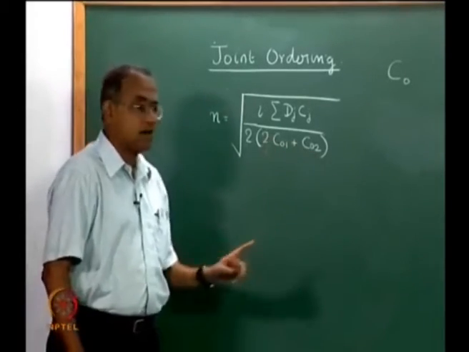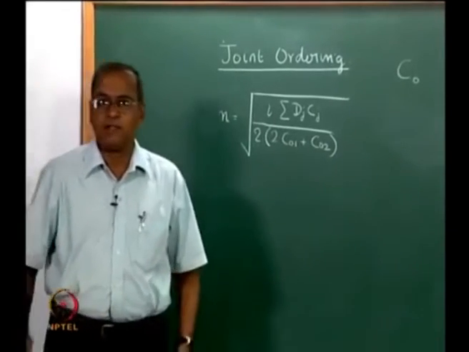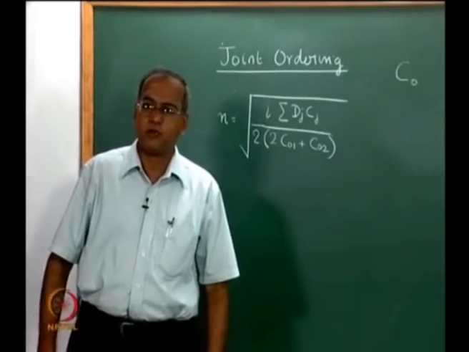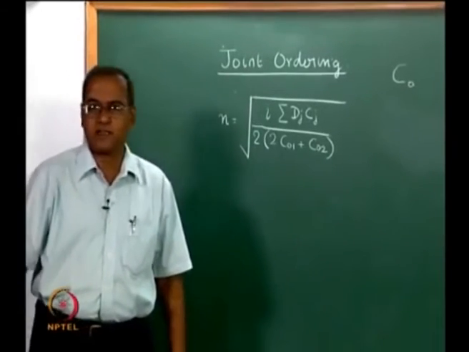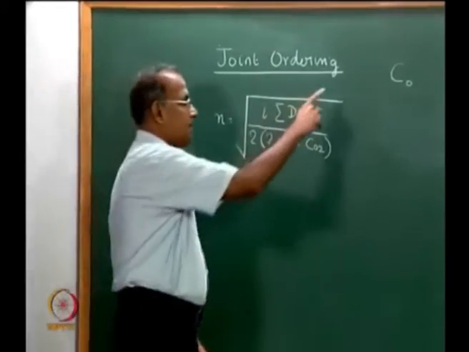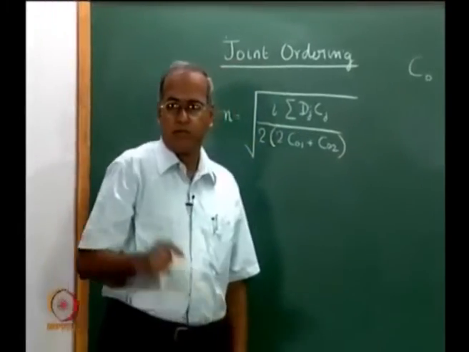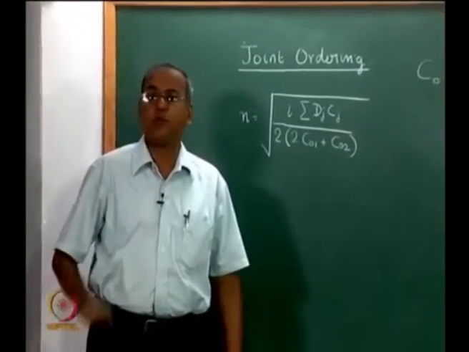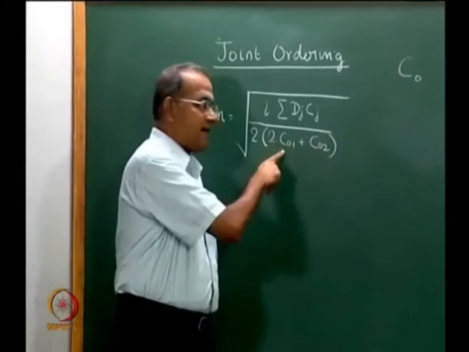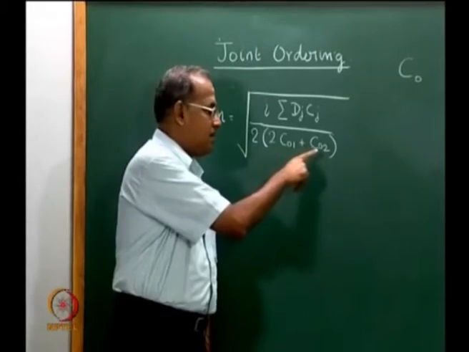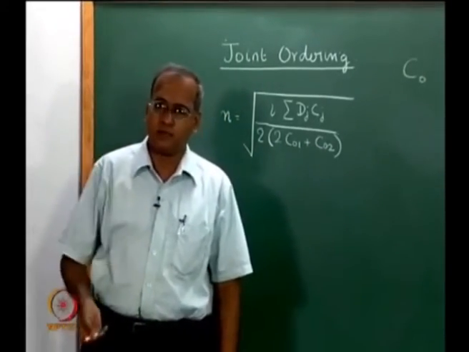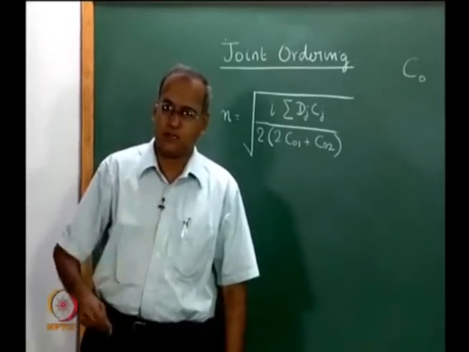So, there is only an admin cost for every item that is ordered, but we can assume that the same truck will bring all the material from the supplier to the plant or the manufacturing facility. Therefore, the total order cost, instead of becoming k times C0 for each of the k items, now becomes C02 plus k times C01, because we assume that the truck has enough capacity to bring all the items together. So, there is a saving on the truck cost.